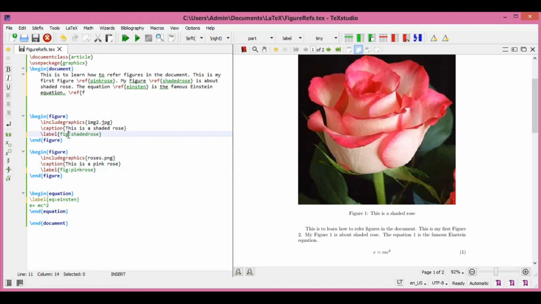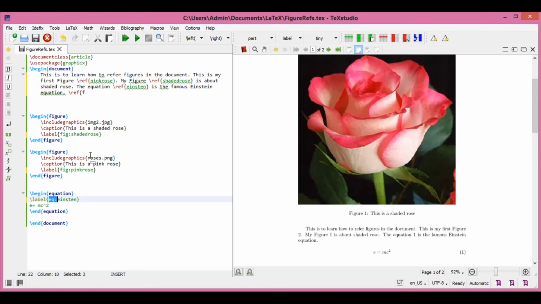Otherwise, if you only have a small number of references or figures or equations or tables in your document, you just need to give the name. Either way, this is just to help you shorten it easily so that you remember what it is about. This is about a figure, this is about an equation. Next, you can also do the same if it is about a table and so forth.